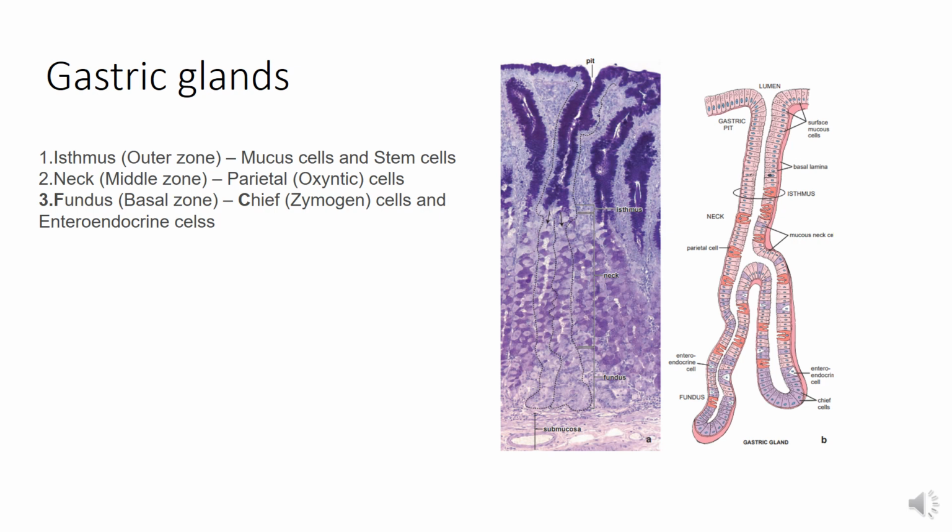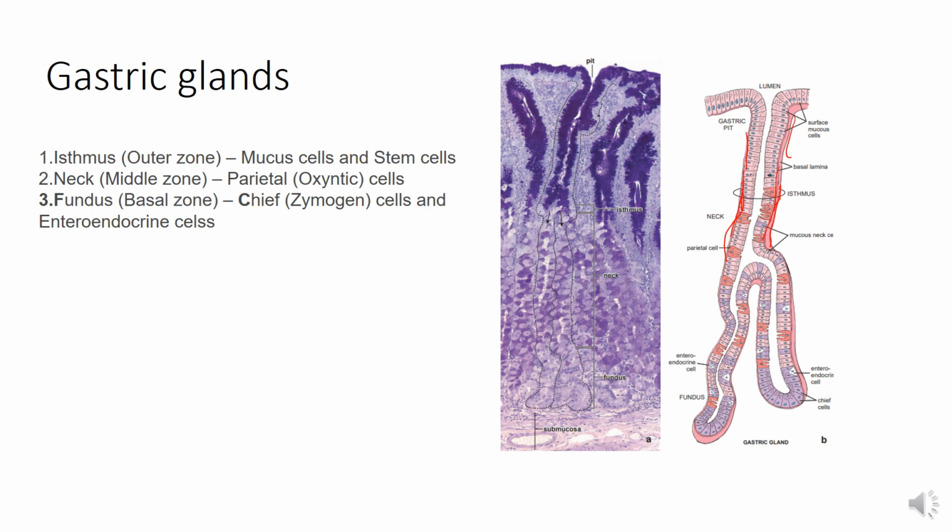The gastric glands are of simple branched tubular variety, and each of them is divided into three regions: the isthmus, the neck, and the base. The isthmus is the upper short segment of the gland that opens into the gastric pit. So here you can see this is the gastric pit, and this is the isthmus part which is opening up into the gastric pit. The neck is the narrower, relatively long middle part of the gland. So this is the isthmus and this part is the neck.